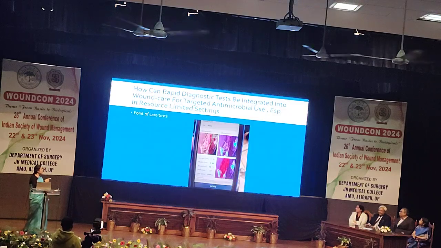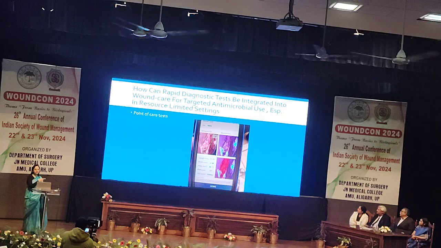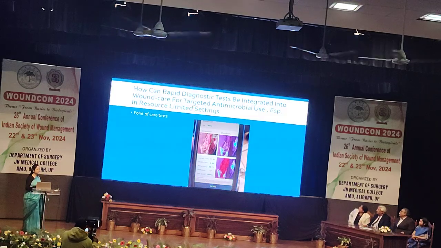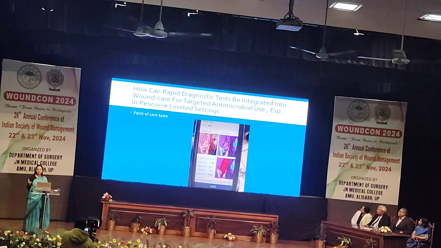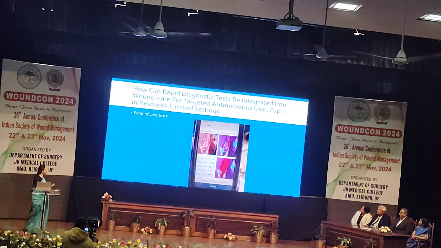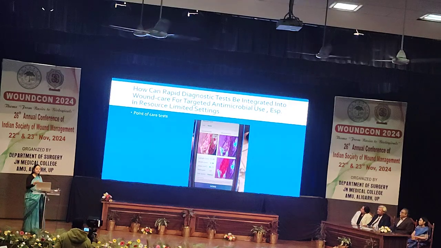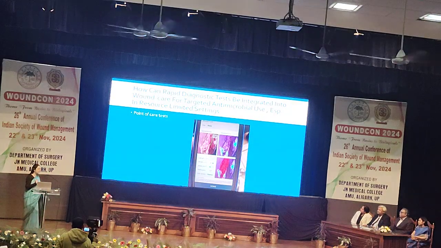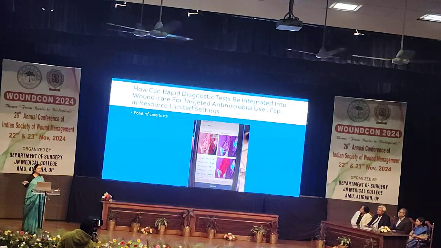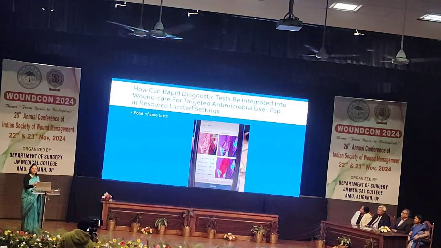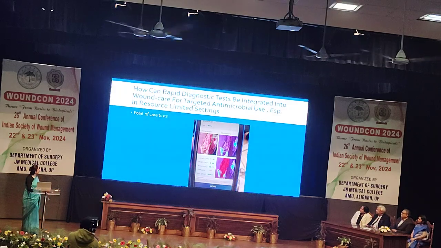And as you were mentioning, sir, the point of care, this camera, we are having this camera actually, and one of my students presented this work in your poster presentation also. It gives you the exact picture, whether gram-positive or gram-negative bacteria are present, so that you can start the empirical treatment accordingly. And I also want to emphasize the role of gram staining. Very simple, cheap, and good for our resource limited setting. But if you collect properly and you have a side lab which can tell you immediately what bacteria is there in the gram staining, you can start your treatment. Because we have to think according to the resources that are available to us.